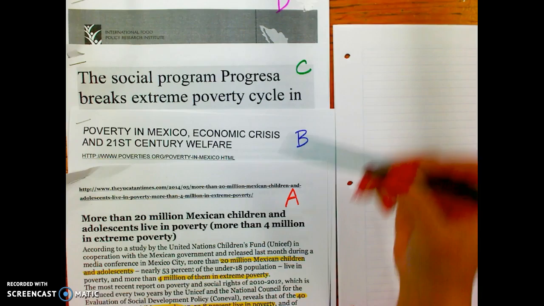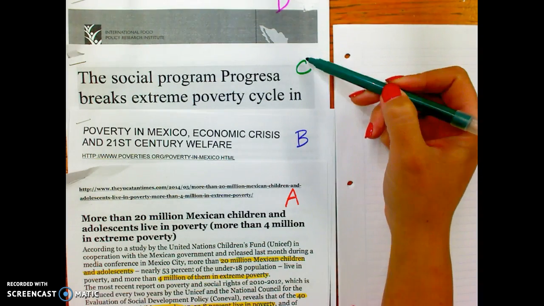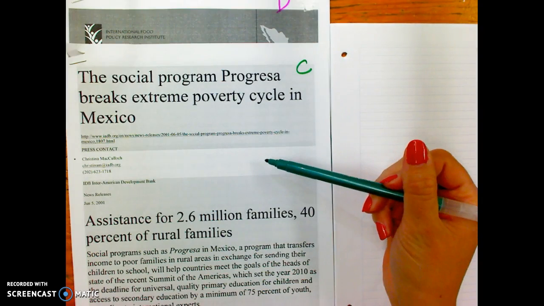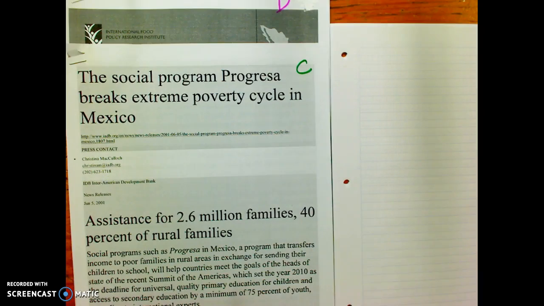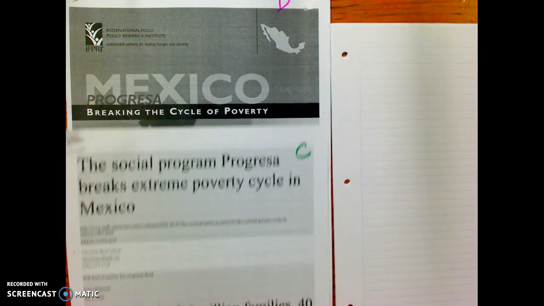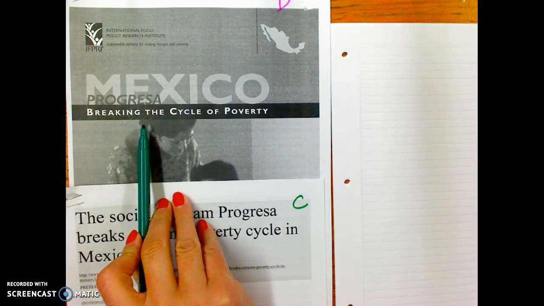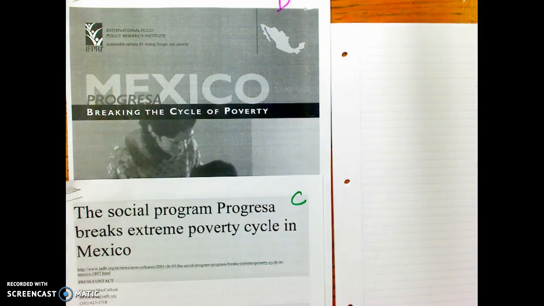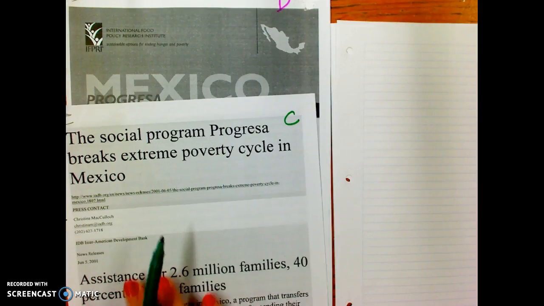printed, ready to go. These two articles I have here, the second two, are focused more on solutions. Okay, here's a solution that's a social program to help break the cycle of poverty. And this is another article on the same program called Progress That. So I'm going to put these articles aside because first we are going to be focused on taking notes about